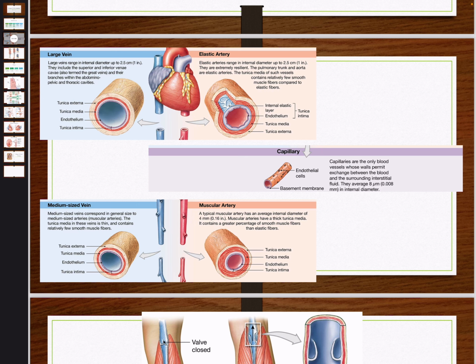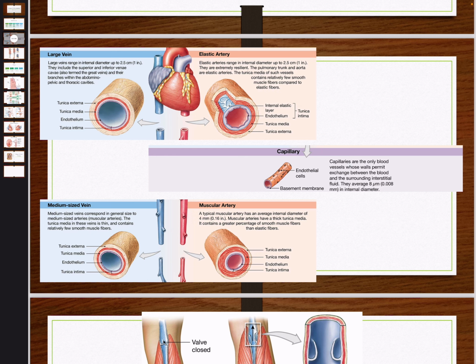They have an inner elastic layer, which is different from the 4 layers that they do share with larger veins. Larger veins and elastic arteries do have the same diameter, which is 2.5 centimeters or about 1 inch, while muscle arteries are smaller. They're only about 4 millimeters, which is about 0.16 of an inch,